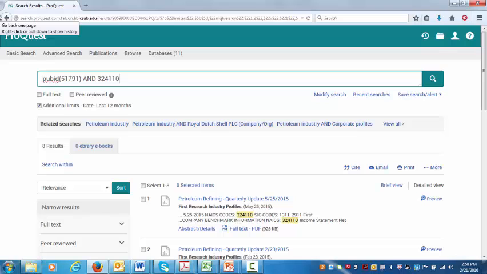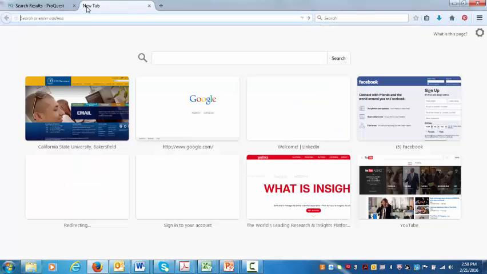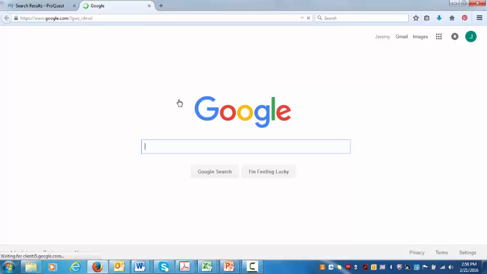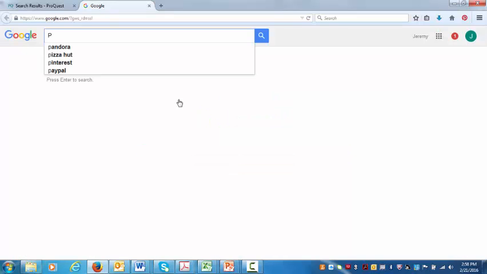The other thing I want to point out, and this is kind of segueing on the tail end of what I was just presenting, industry associations. So if we go beyond First Research and just do a Google search, it is amazing the information you can find on industry association websites. So, there was a list in First Research that gave us a lot of suggestions of the names of petroleum industry associations. You could always also just go into Google and type in